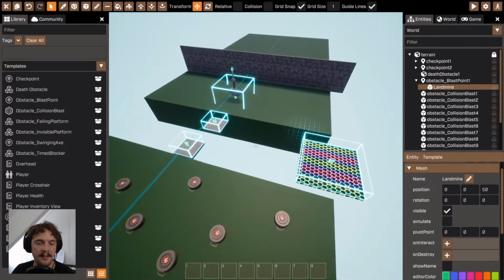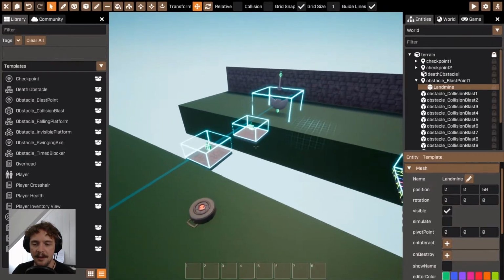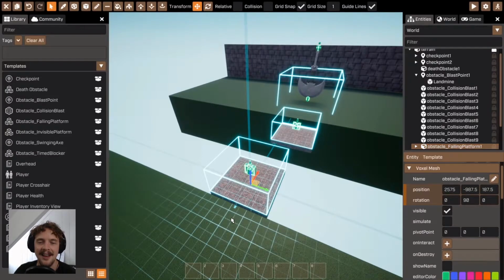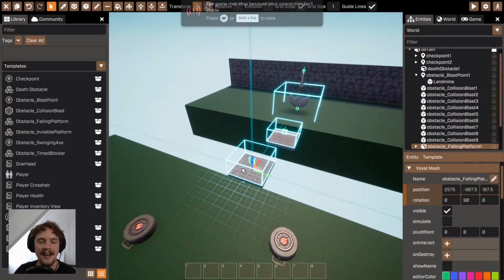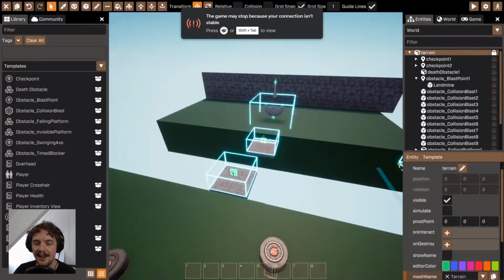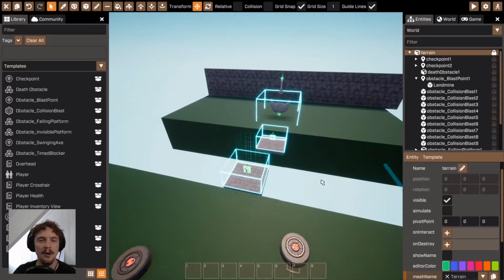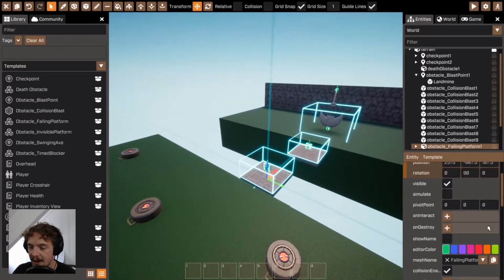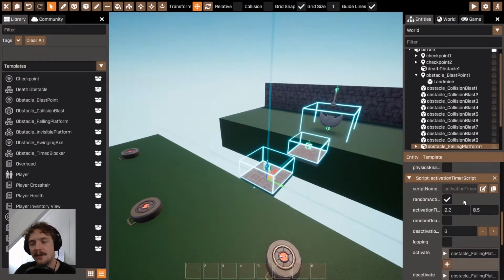The next obstacles in my obstacle course are these ones. So here we have the obstacle falling platform. And what this does is when the player enters this trigger, the platform will wobble for a short amount of time before it disappears. It's a classic mechanic. So in here you can see the activation timer script. So this will determine this time how long to wait between when the player enters the trigger to when the